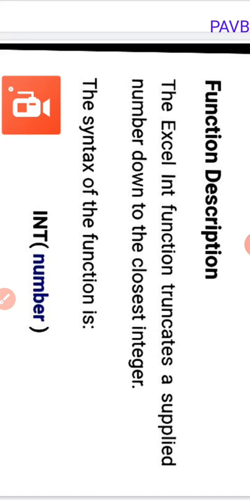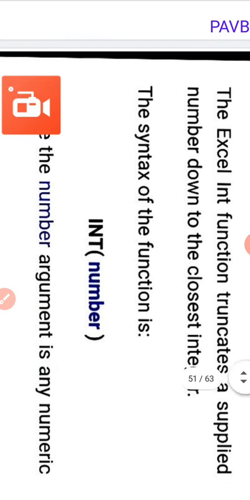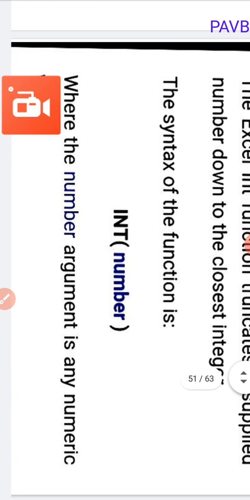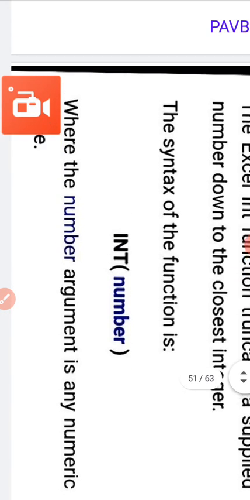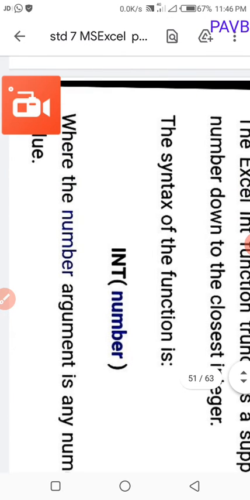The Excel INT function truncates the supplied number down to the closest integer. The syntax for the INT function is INT(number), where the number argument is any numeric value. For example,